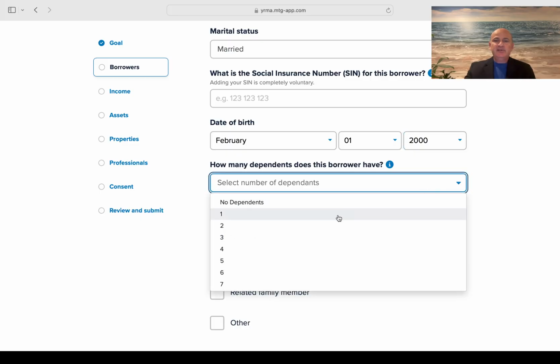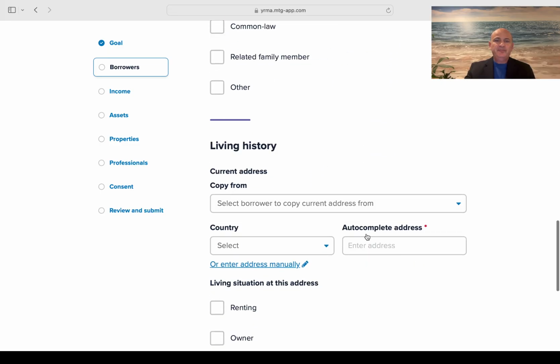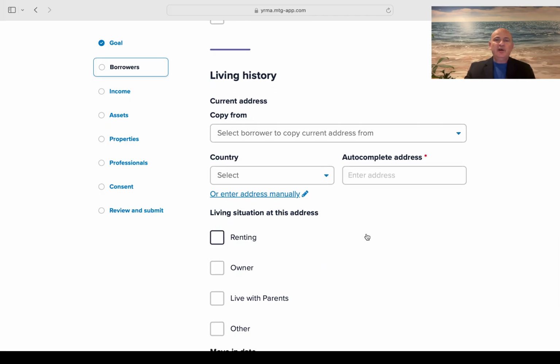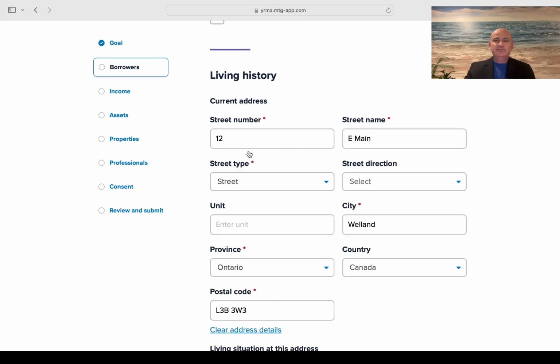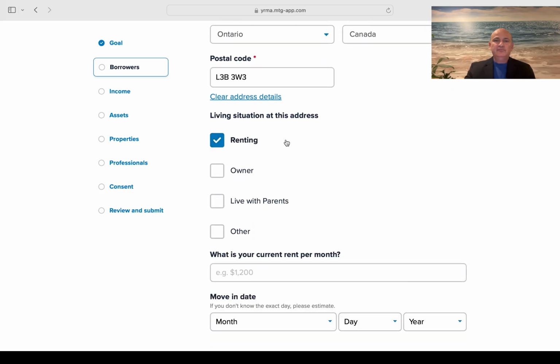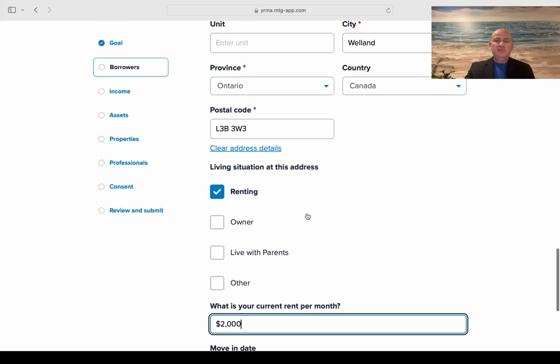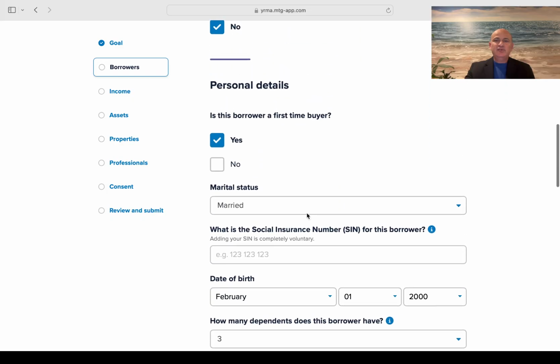And let's say she also has the same number of dependents, and she is, suppose, Mr. John. Again, I need to fill out living history. I can copy from John Johnson, okay, and just copy the previous information, and let's say the same amount was paid, and let's say she moved